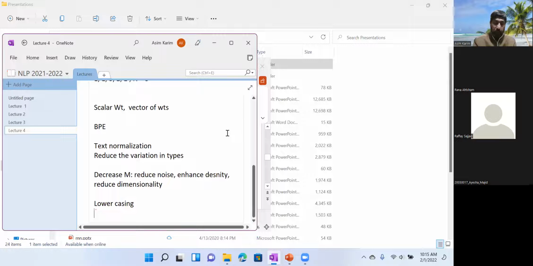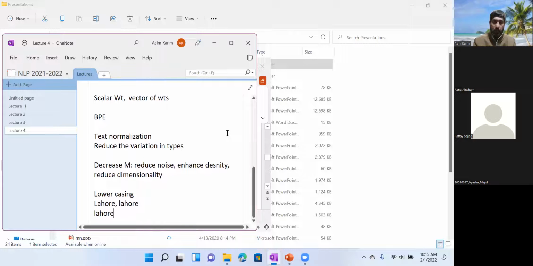So for example, if there's a word called Lahore and there's another word called lahore, if both of these appear in your corpus, they will be considered as different types. But if you normalize them both by